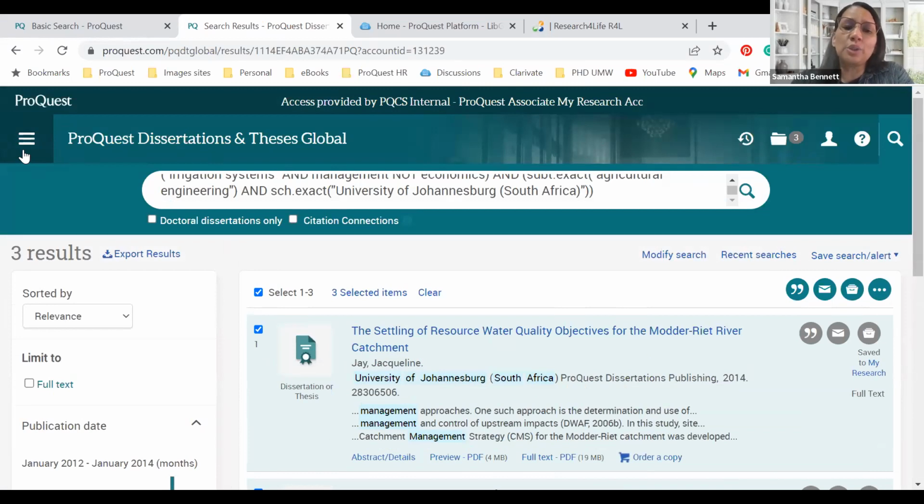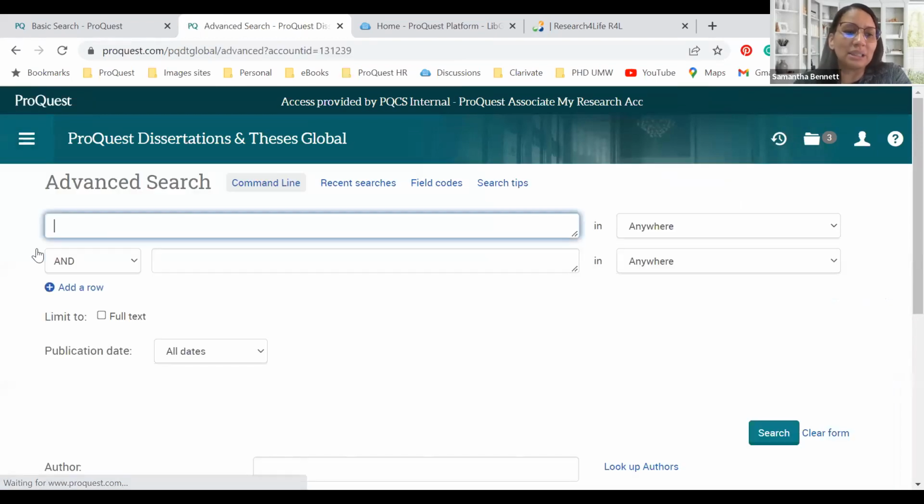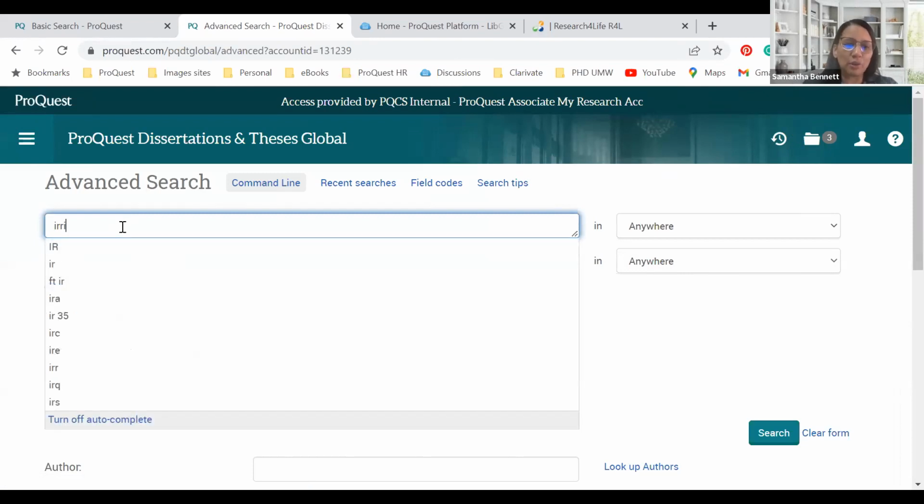I would like to do the exact same search, but utilizing the advanced search feature. So the hamburger menu on the left-hand side, you can simply click the hamburger menu and scroll to the advanced search. Once I click through on the advanced search, it will open up a menu for me where I can type in specific search boxes and information. But the beauty of this is there is more to the advanced search, because you have the option to manipulate what you would like to search for. Let's stick to what we were searching for.